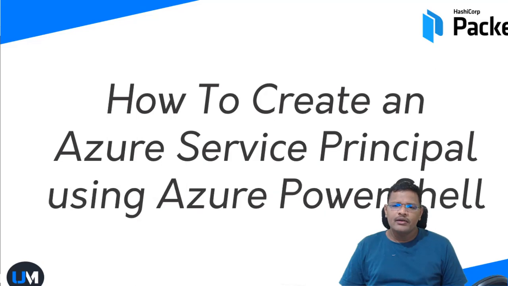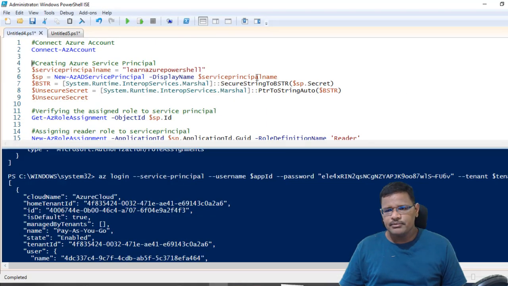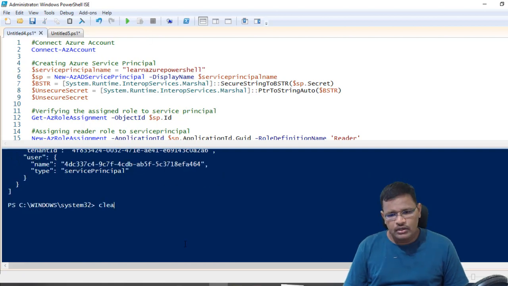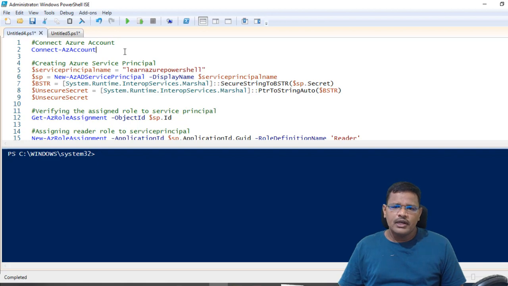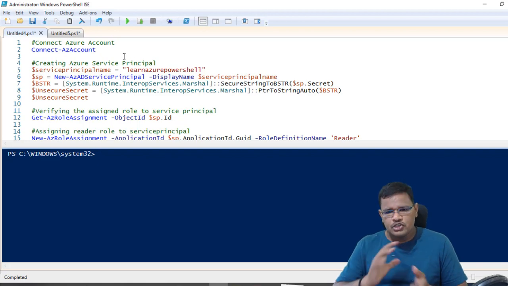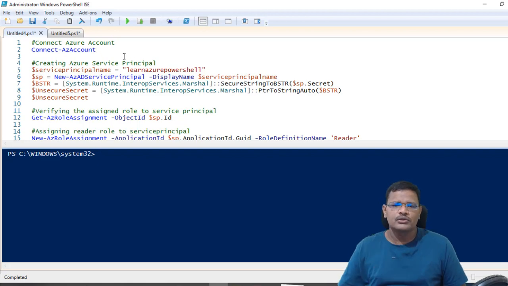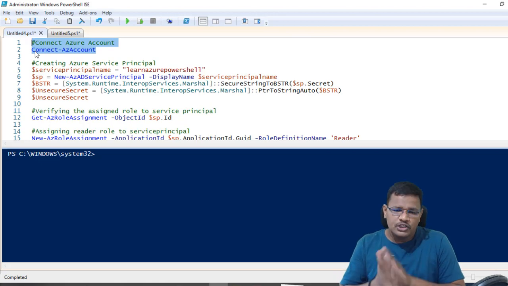Azure portal. Well, let's see how to create the service principal using Azure PowerShell. I have already created some commandlets in a predefined script. Before accessing the Azure portal, we have to log on to the Azure subscription using Connect. This will use the APIs to connect to Azure and it will create the Azure service principal for us.